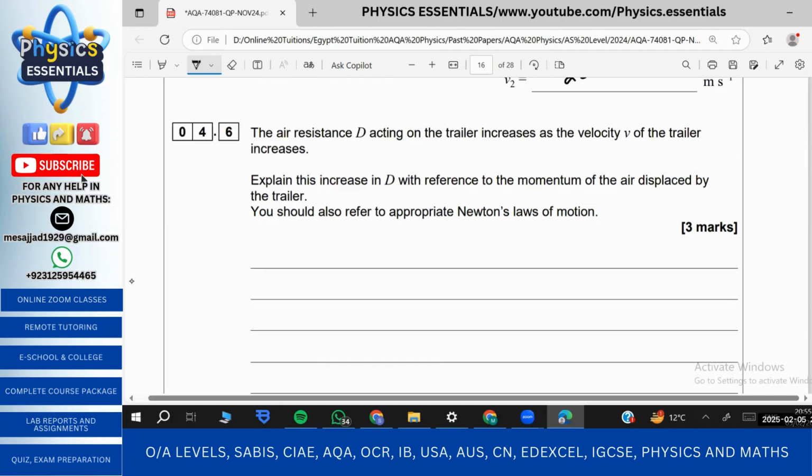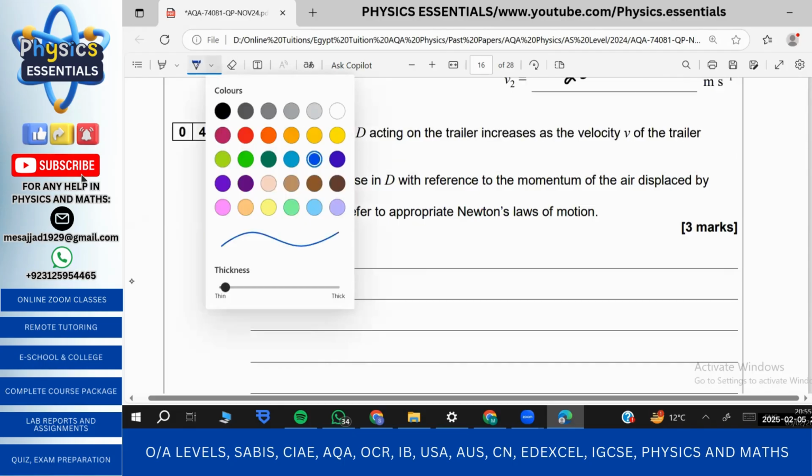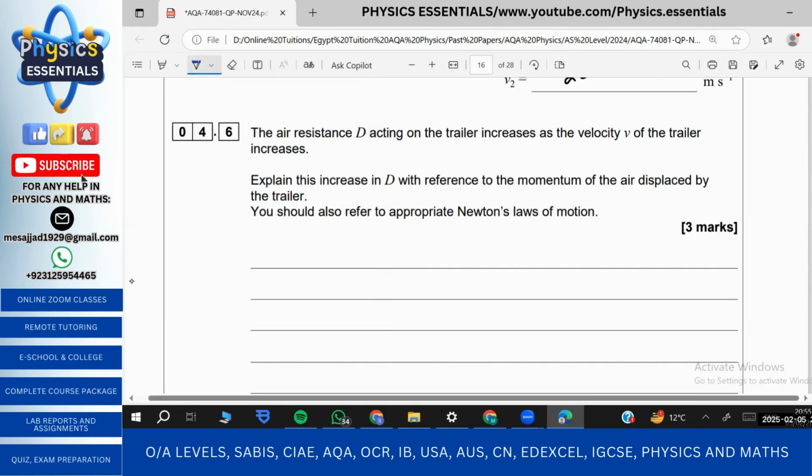4.6. The air resistance D acting on the trailer increases as the velocity V of the trailer increases. Explain this increase in D with reference to the momentum of the air displaced by the trailer. You should also refer to appropriate Newton's laws of motion. Well, you should know that the drag force, FD or D, because here it is given as D, so I will write just D. It is directly proportional to V. So greater speed of the trailer means greater drag force. Why? Because